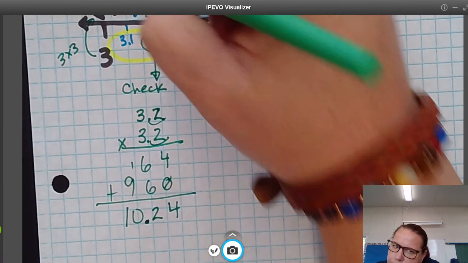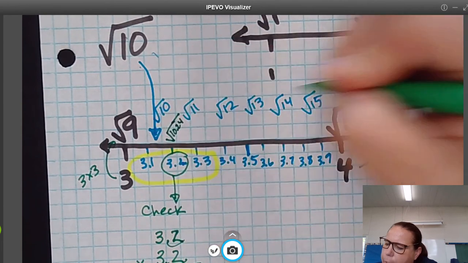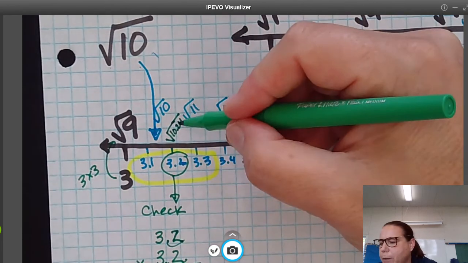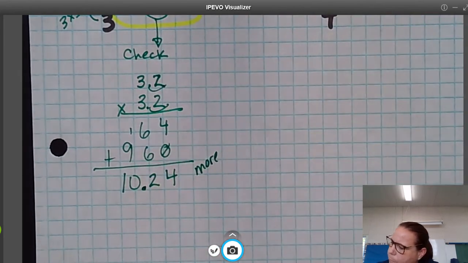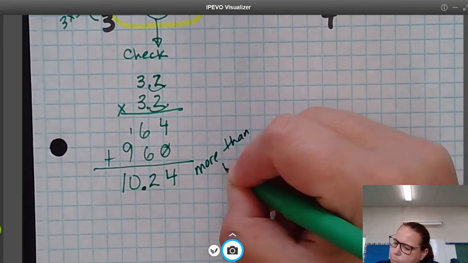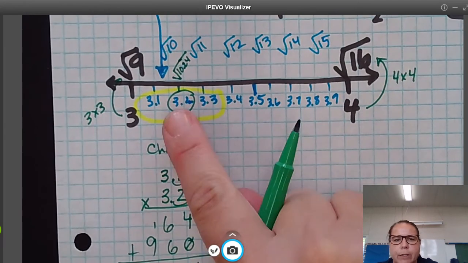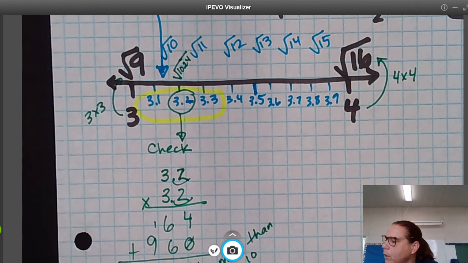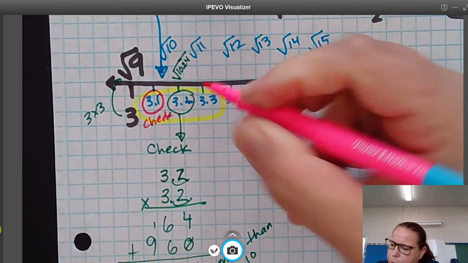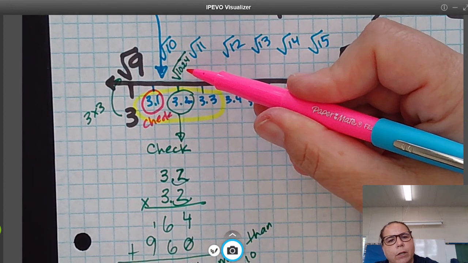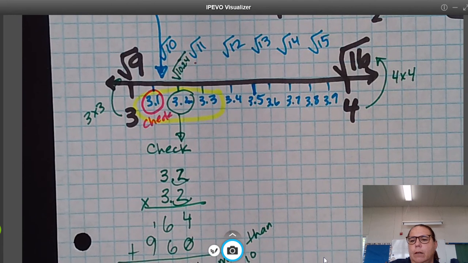So now I can see, if I put this on my number line, that 3.2 squared is 10.24. Well, guess what? That is more than 10, right? This is more than 10. So that means I need to find out, well, how close then is 3.1? So I need to also check 3.1. So once you know, right, that if this is more than the square root of 10,